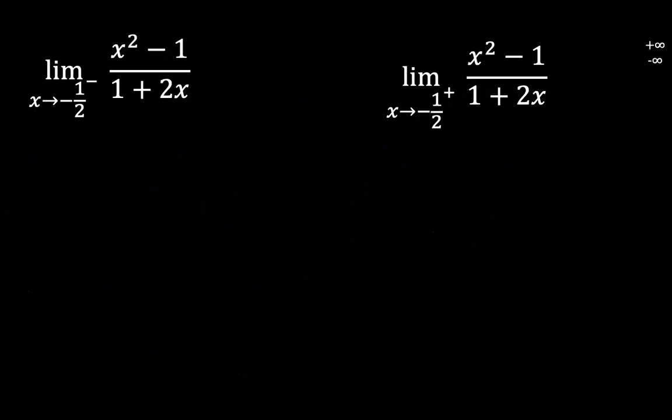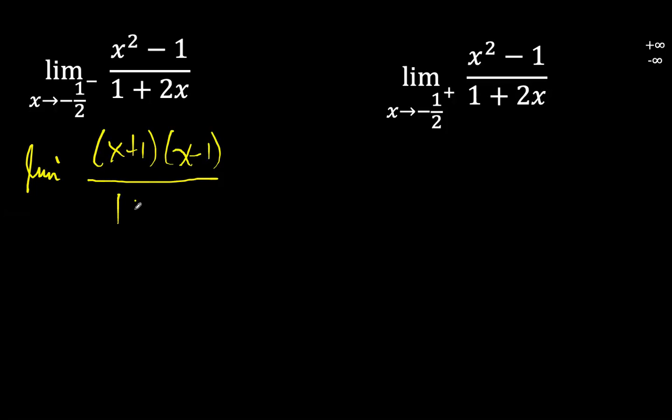Okay, now let's move on to the next. Here, the limit of x squared minus 1 all over 1 plus 2x as x approaches negative 1/2 from the left. So let's try solving this by factoring. Okay, so we could have (x plus 1)(x minus 1) over 1 plus 2x as x approaches negative 1/2